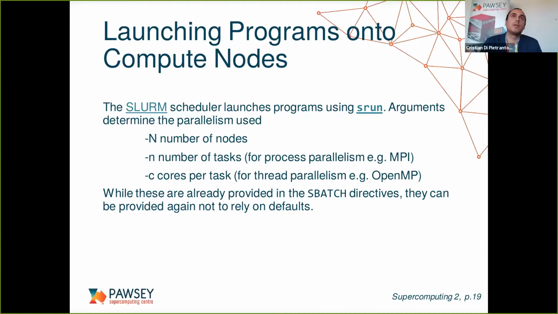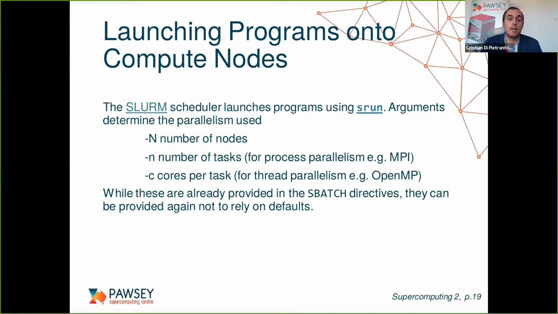We can go on and see how the scheduler, that is Slurm, executes the program. With the sbatch command that we have seen last week, in the previous session, we reserve resources, but those resources are not actually used, not until the program is actually executed. We execute a program, or the scheduler executes a program, using the srun command. The srun command is put within a job script or used in the interactive session, and it accepts the same parameters or options that